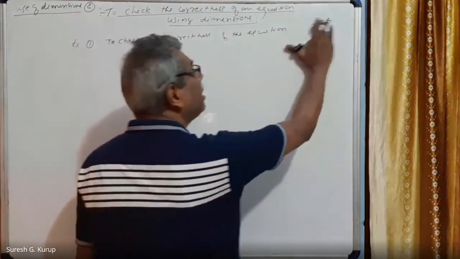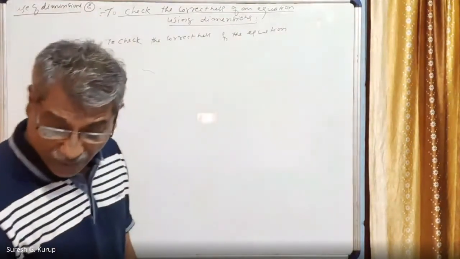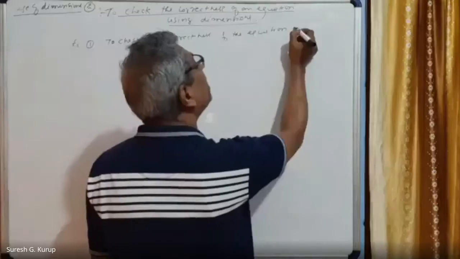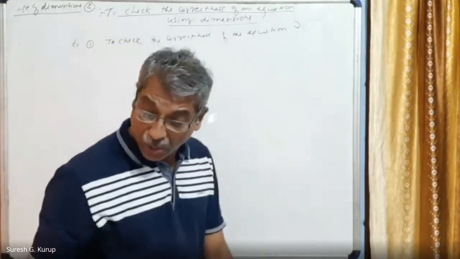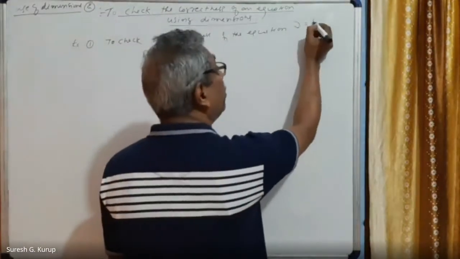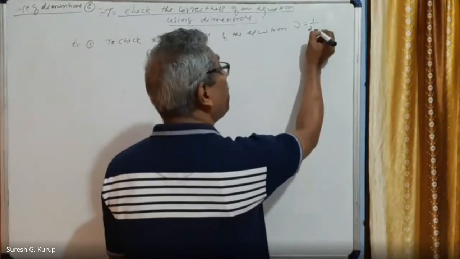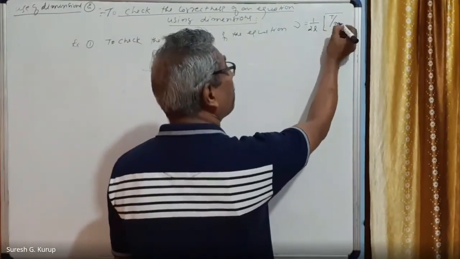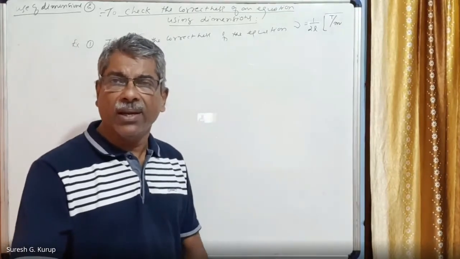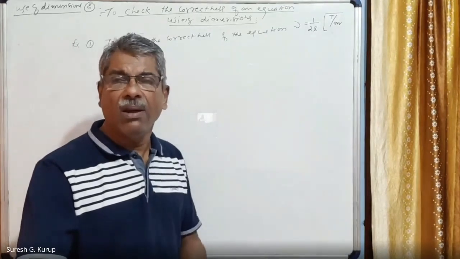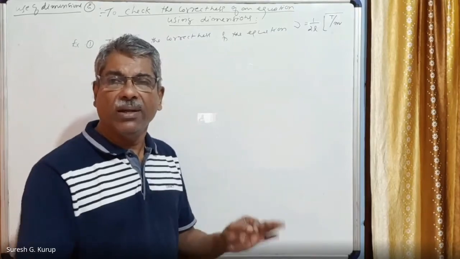The next equation to check the correctness of an equation: ν is equal to, this letter we write as nu. Nu means frequency. Nu is equal to 1 by 2L into the square root of T by m. This is the equation of vibration of a string, just like in the case of a violin or a guitar. A string is